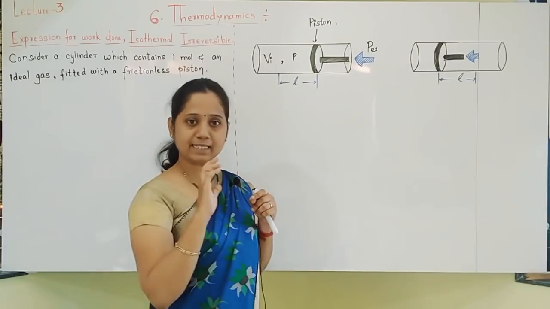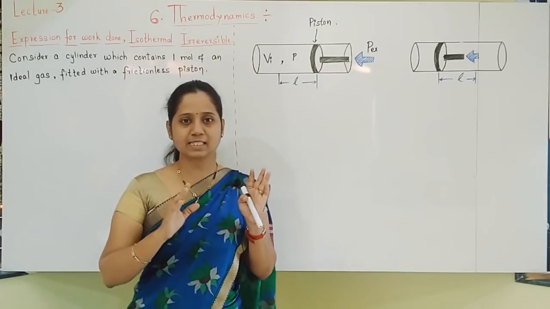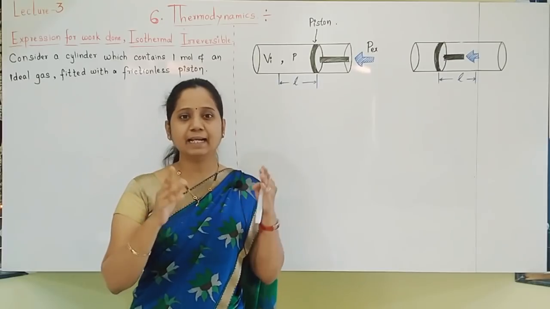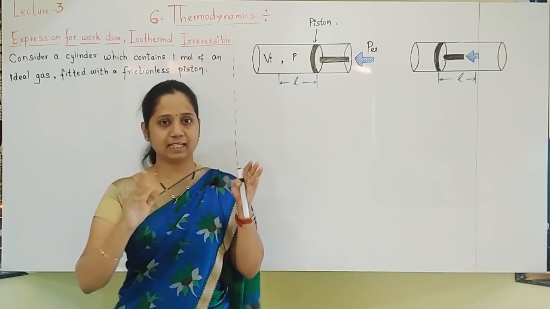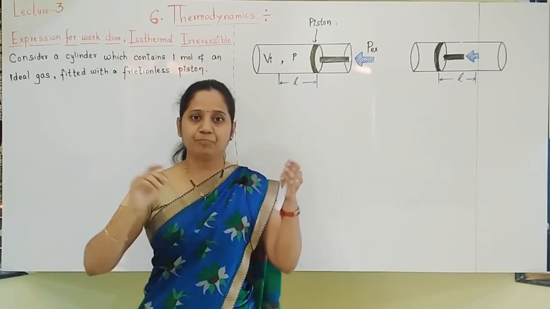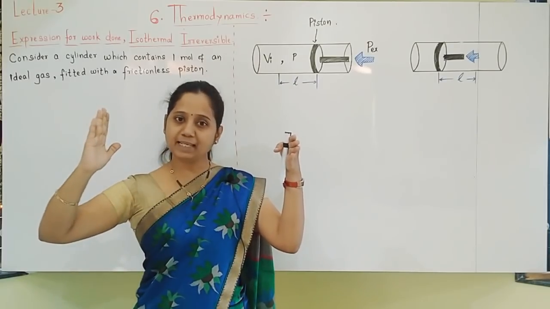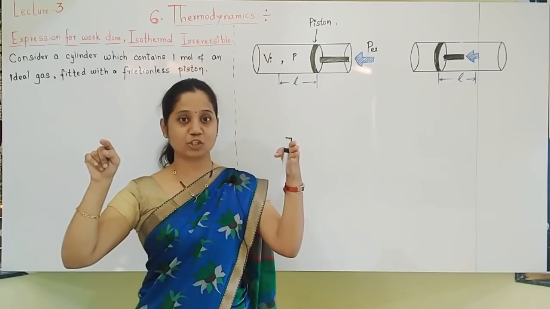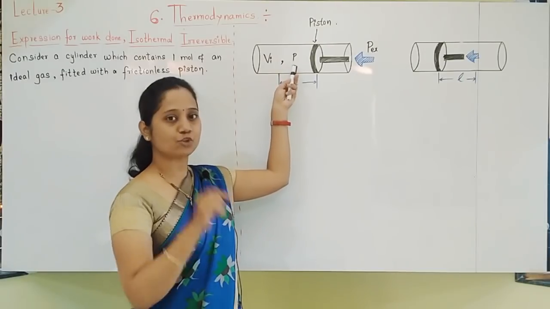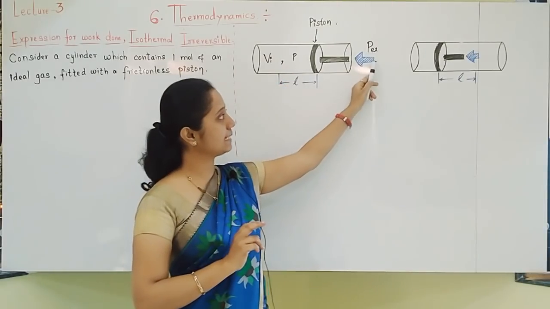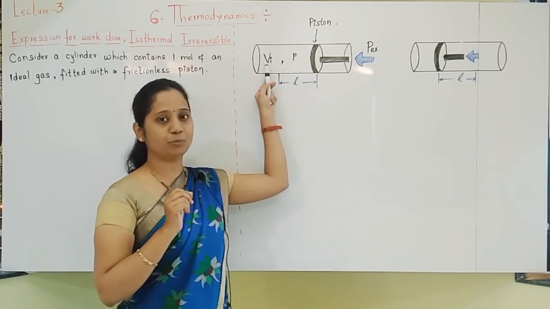So what experiment is done? We are doing one work, which is carried out at constant temperature and is an irreversible process. Take a cylinder in which ideal gas is filled, 1 mole. It is fitted with a frictionless piston. Apply external pressure, which should be higher than internal pressure. Internal pressure of the gas I have shown by symbol P. External pressure I have shown as PEX. Initial volume is VI.